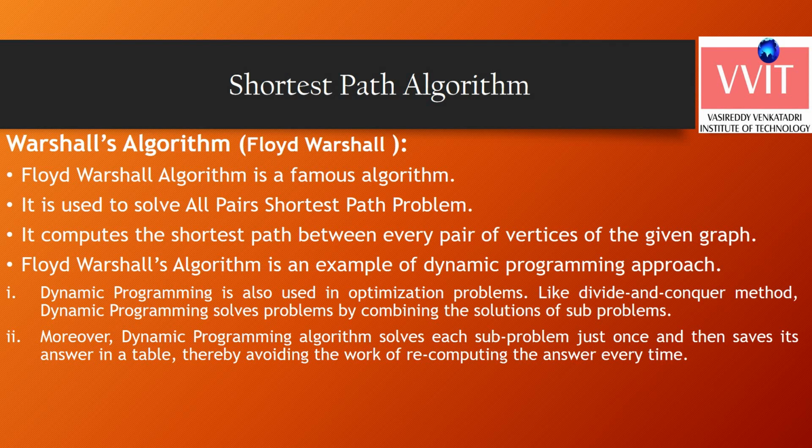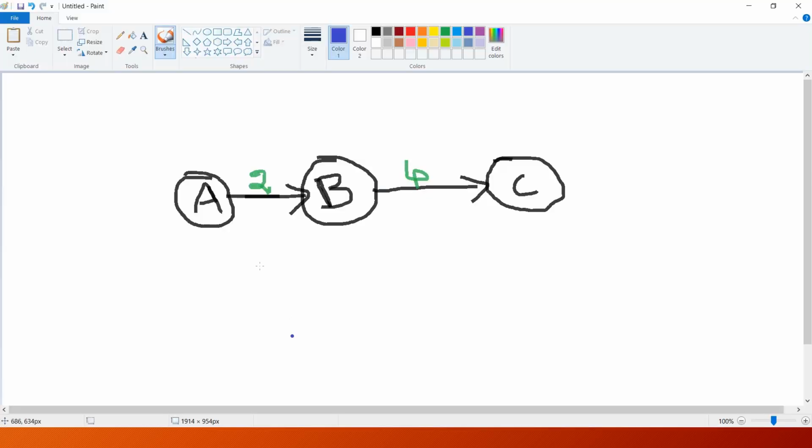Okay. So before understanding what exactly Warshall's or Floyd-Warshall's algorithm is, and how we can solve the problem and find the shortest path between every pair of vertices, or all pairs. Generally this Warshall's algorithm works on the principle of transitive closure. I think all of you are aware of what transitive closure is. We have seen that concept in the introductory part. Okay, so let us have a recap.